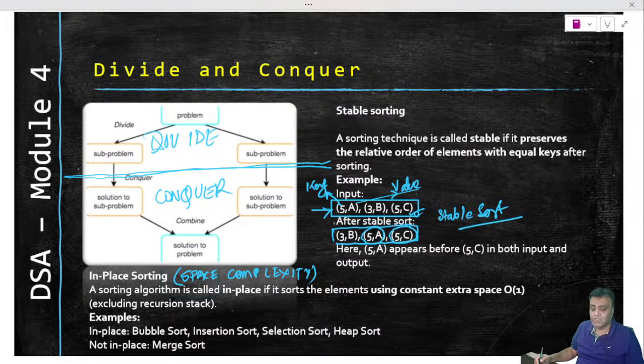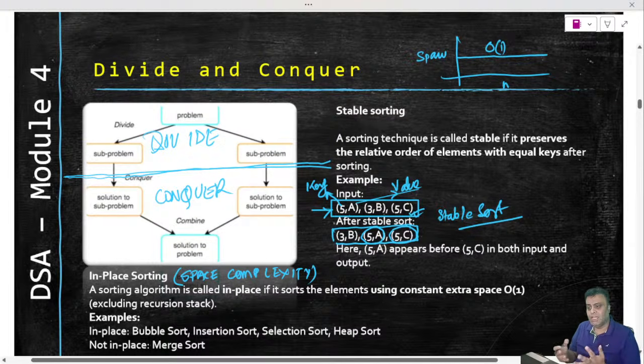So the words that we are using in in-place sorting, those words have no dependency on n. That is, if I say this is the space complexity required in terms of n, then you are actually doing this, which is order of 1, right? So you are saying that I am going to take some space, but it is not going to be dependent on n. As n decreases or increases, my space would not change. My space is independent and it goes as an order of 1. If that is the case, then you are doing in-place sorting.